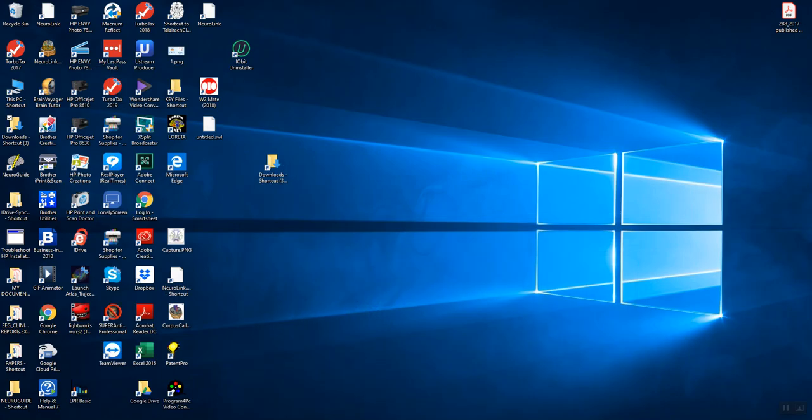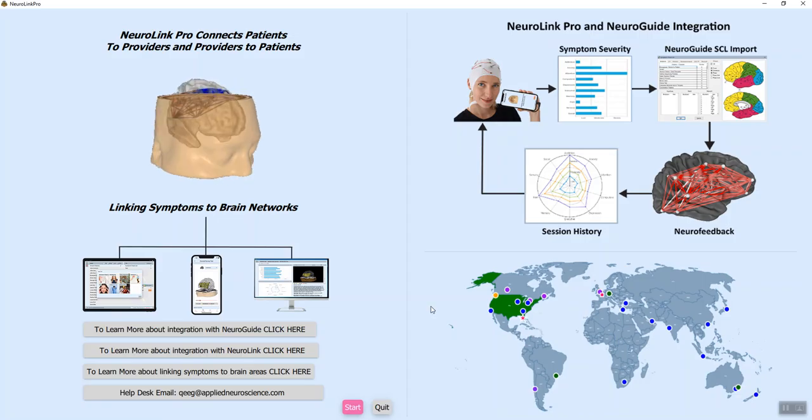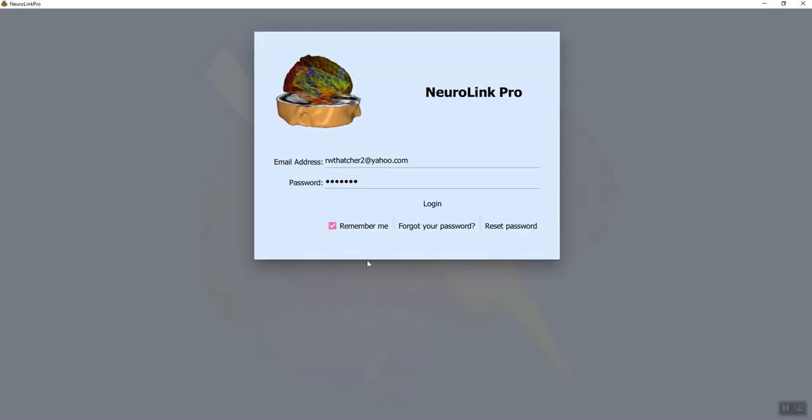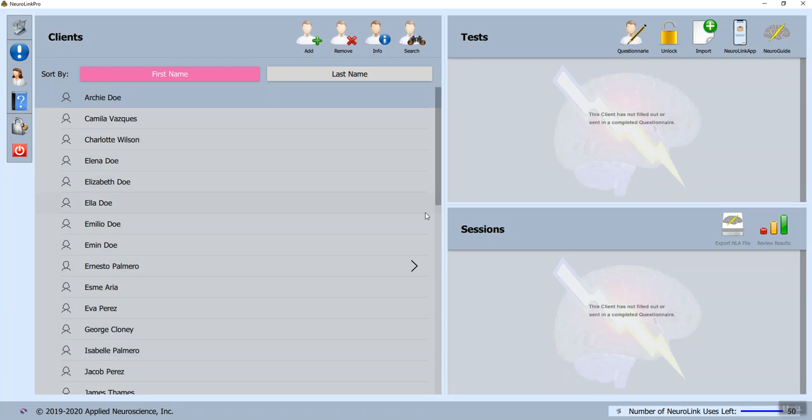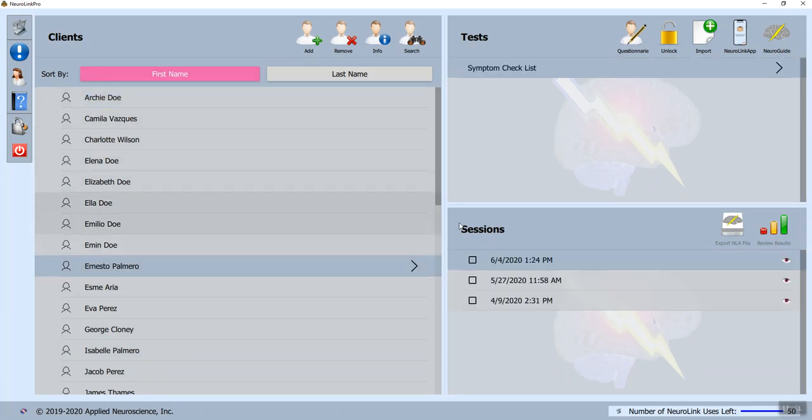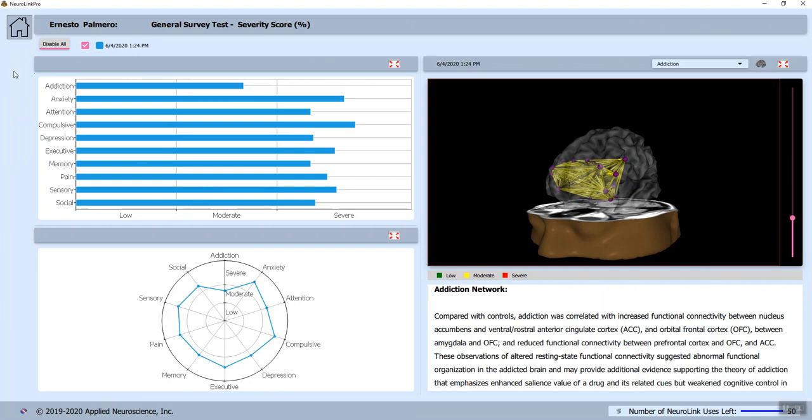to NeuroLink Pro, because this is where we're going to be working, but I also want to be able to show, now let's just go ahead and start here and I'll show you how to get there. I'm going to log in, and this is NeuroLink Pro. We can select a subject. We've already got some reports, and so I'm going to look at the